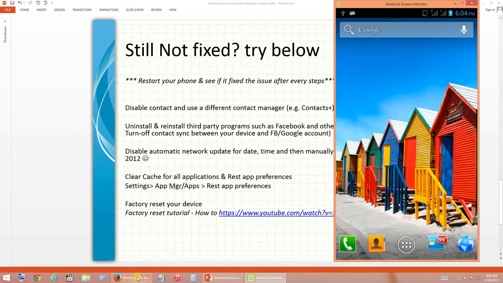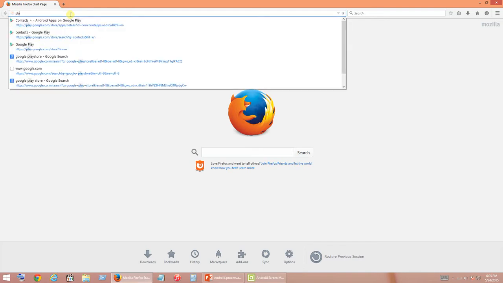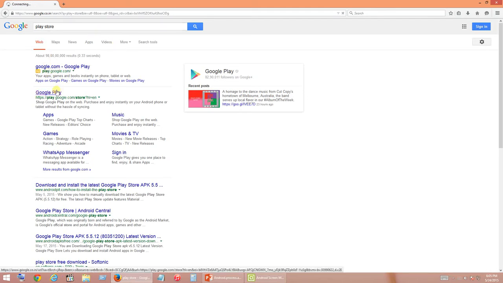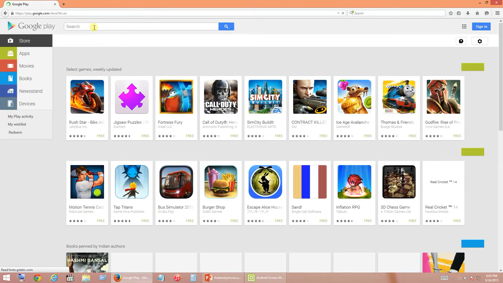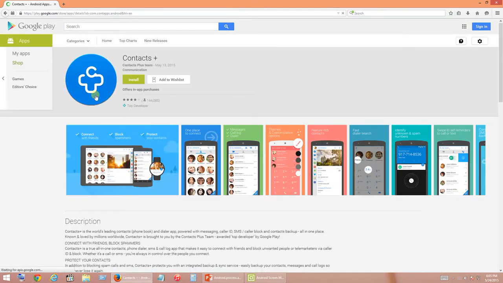You may get applications related to contacts. I will show you over here in my web browser, but you need to do it on your mobile device. Open up Play Store and search contacts. There you can find the Contact Plus application, which you can install on your device.